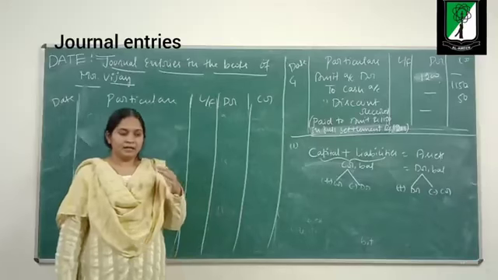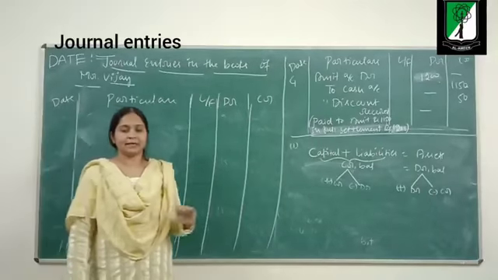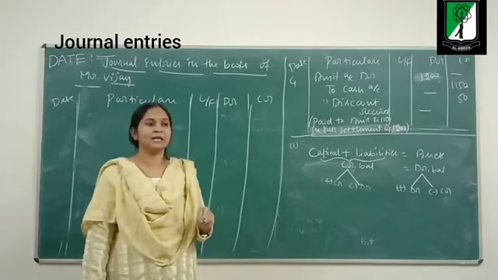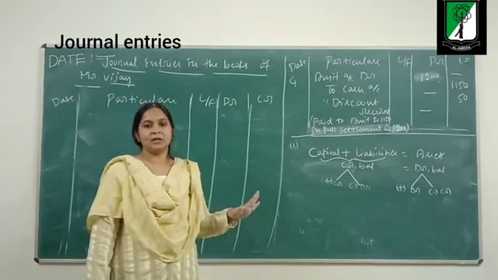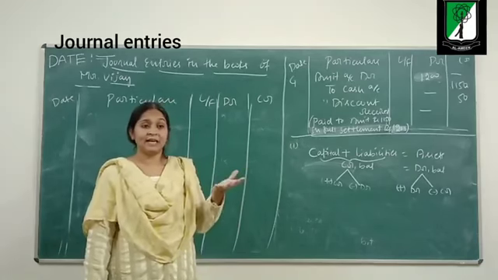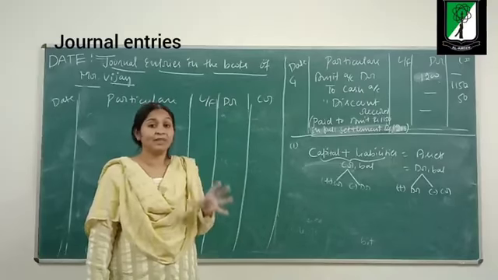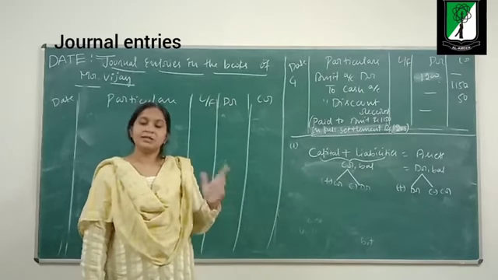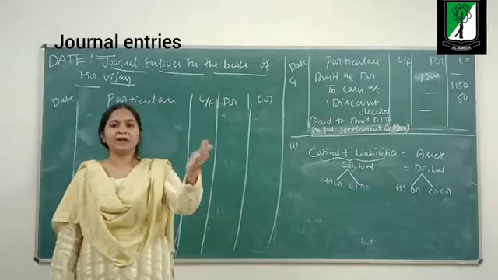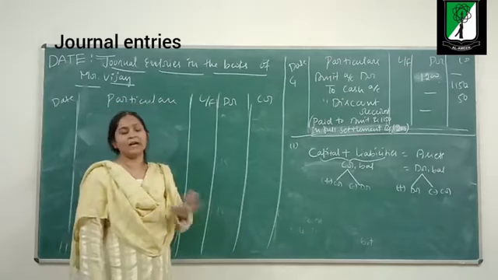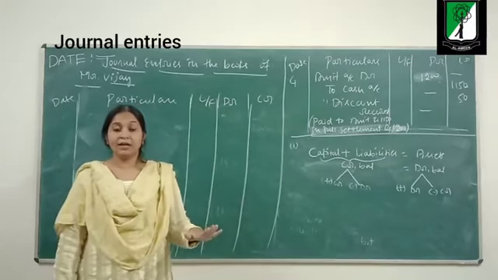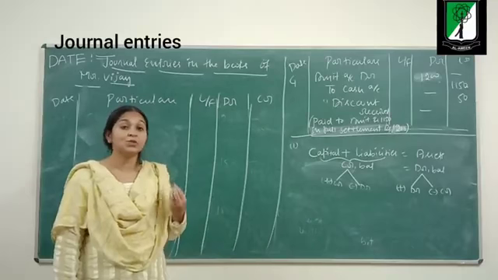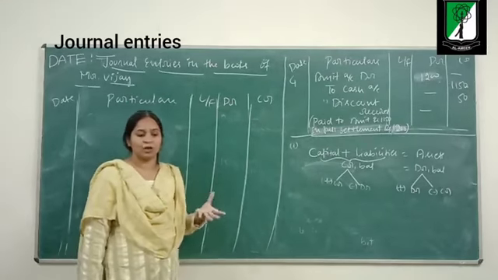I have sold goods to Sumit on credit worth rupees 4,000, and Sumit has promised to make the payment after 10 days. But before 10 days, he has cash and is ready to pay, provided I give him a discount. So I tell him, okay, I'll give you a discount. Instead of paying 4,000, you pay me 3,800, and I'll fully settle your account. So, received rupees 3,800 from Sumit in full settlement of rupees 4,000.